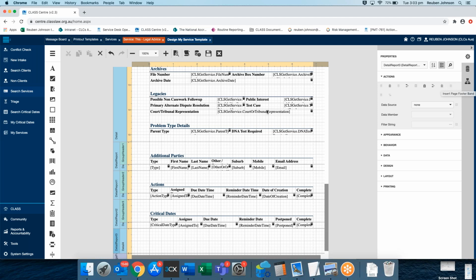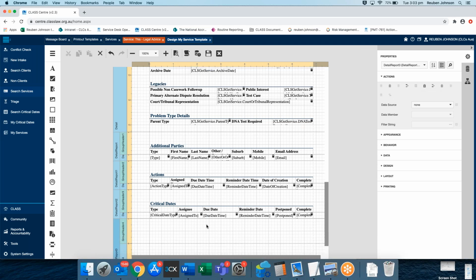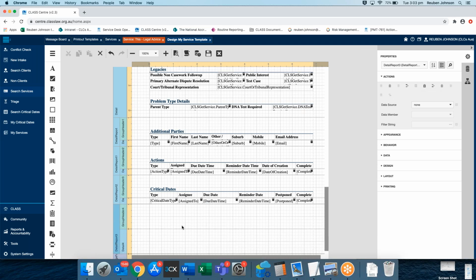clicked on. So if I was to click on a cell in a table, this is all about adding rows, columns, or cells, all of these. So if I wanted to add a row below where I am in this table, I could do that using this button. But for what we want to do here, we want to add a group header band. And then what we can do is